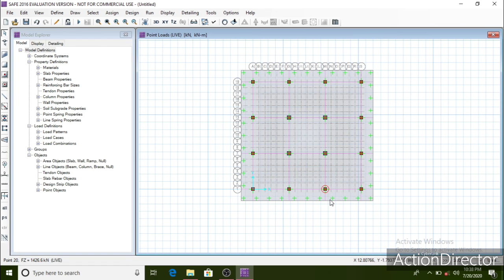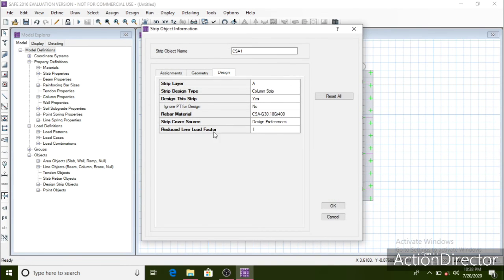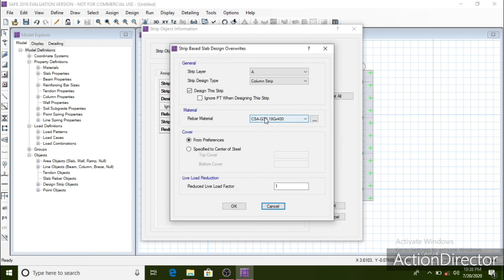But we need to change the rebar material for the design strips. Now right click on each design strip and change the rebar material to HYSD 500.